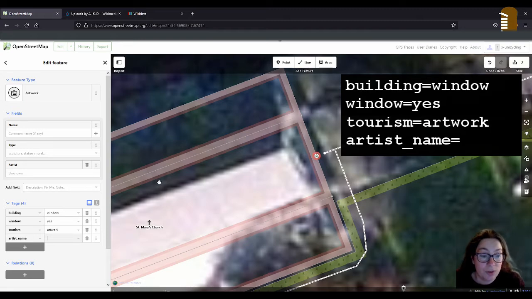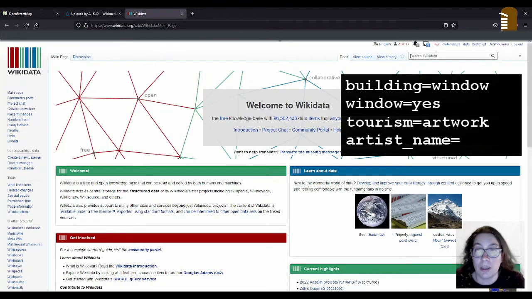What I propose for this, and I don't know if there's any consensus out there in the OpenStreetMap community yet, I doubt it, is that we use the name that's on the first entry on Wikidata. So this window here is the Harry Clarke window. If I go to wikidata.org and type in Harry Clarke, of course there was a Harry Clarke, Irish artist, you see that there. But we don't want him, we want his studio. So if I type in studio, and hit the enter button.